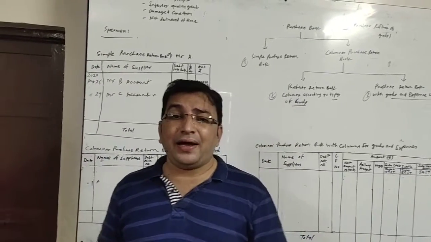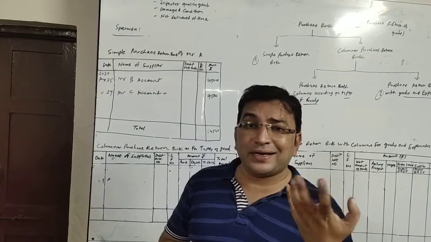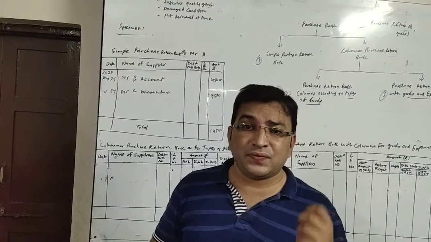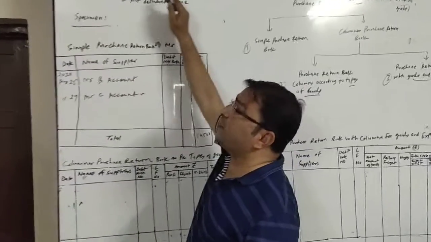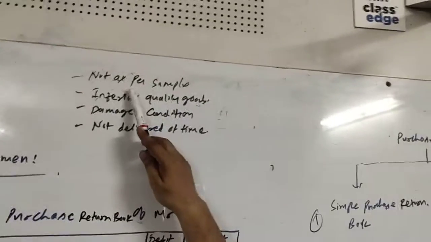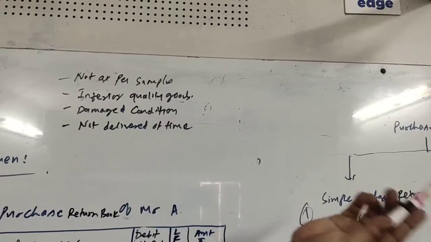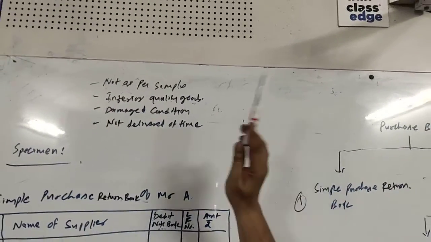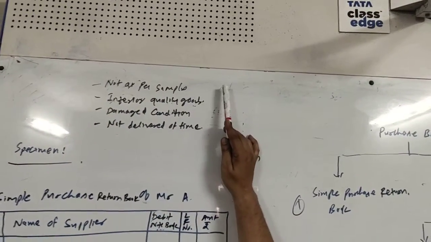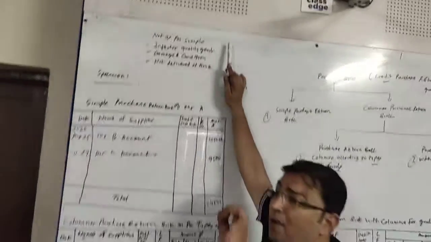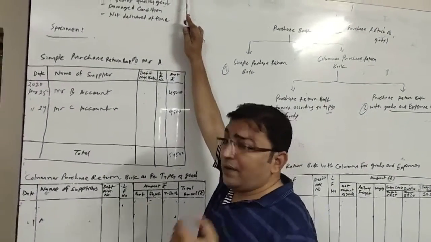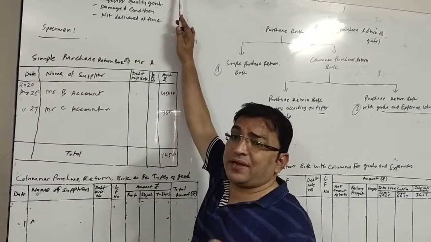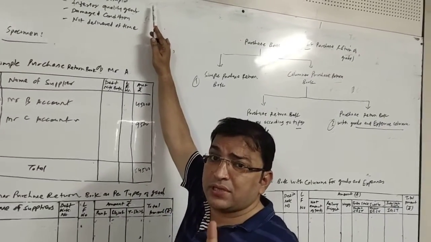Let us have an idea why do we return goods. What could be the reasons for returning goods? Following are the main four reasons for returning goods to the supplier. The first one is not as per sample. Suppose they have sent us some sample, and we have ordered goods looking at the sample, right? But when the goods are actually received, they are not according to the sample,